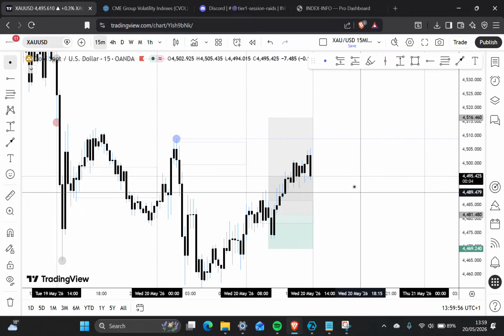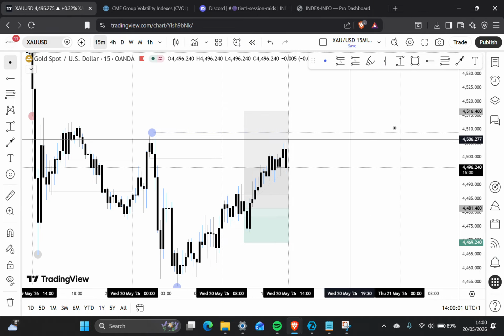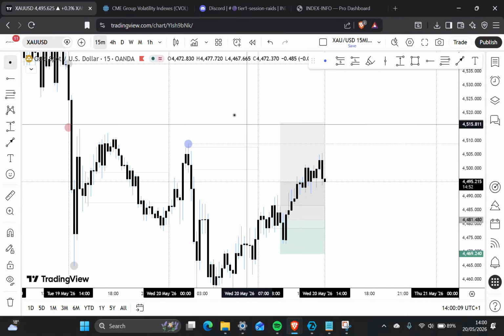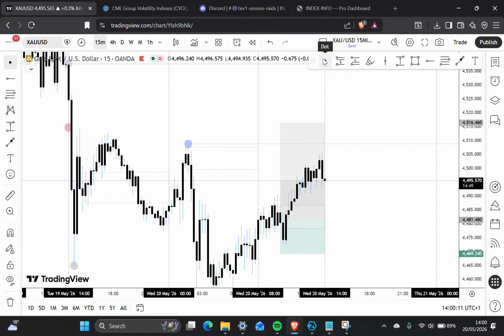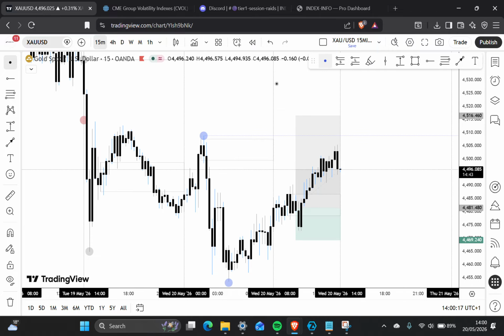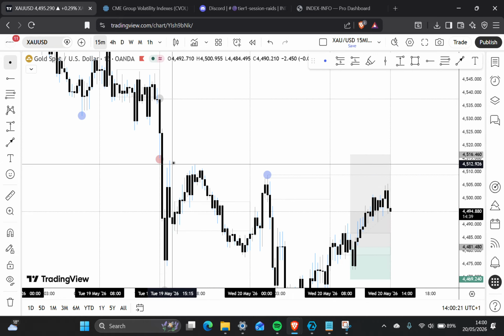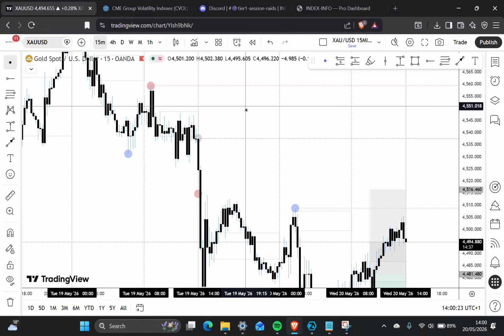If you get stopped out during London, come back the next session. If you get stopped out during New York, come back the next day or come back the next session. You're better off being on point once per session, and then come back the next session, because you're never gonna miss a move. If you skip, for example, look at this. Let me show you an example. If you missed a drop, okay, fine, fair play. I missed a drop too yesterday, but it's totally fine.